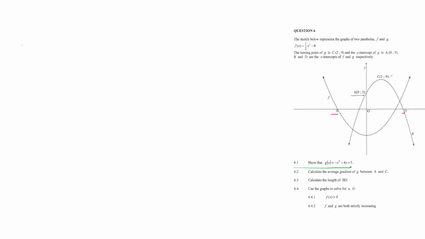So we have graph F, which is f of x equal to 1 over 2 multiplied by x squared minus 8. So we want the x-intercept of this graph. So when we want the x-intercept,